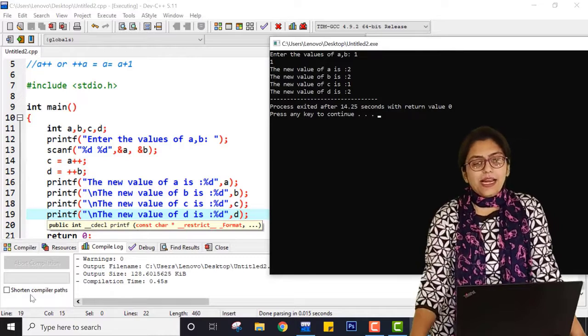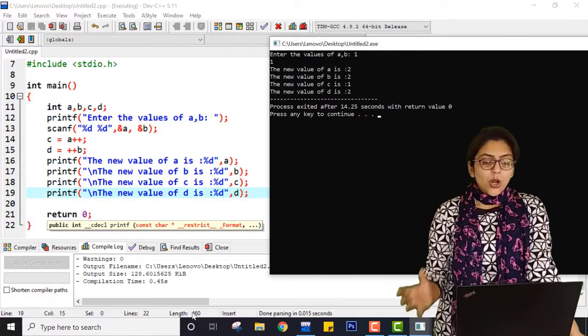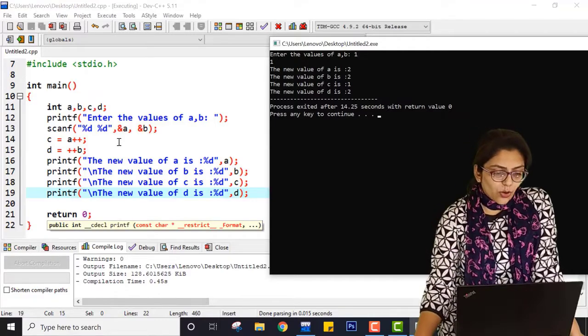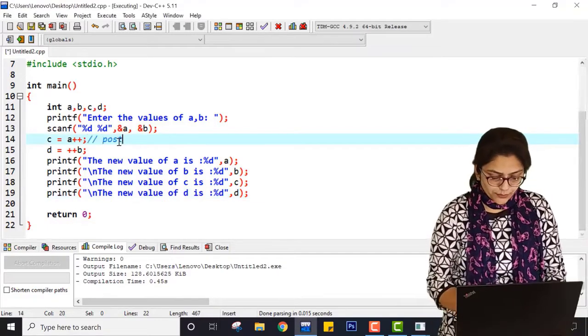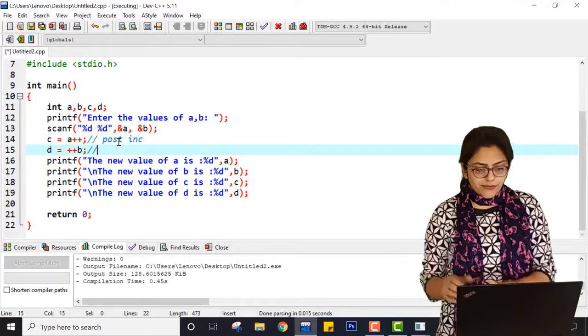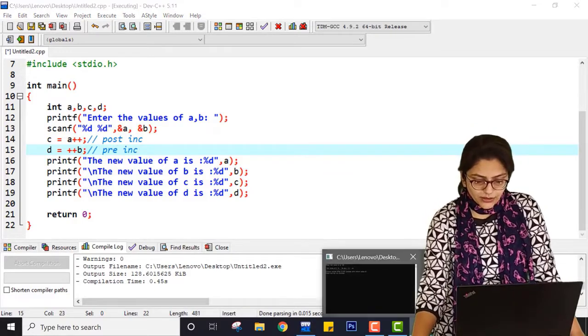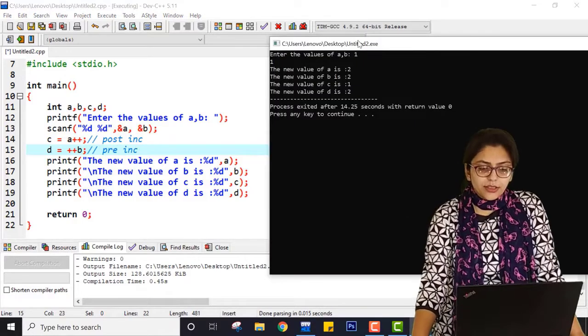So here I am explaining the difference, what exactly is happening. This is called post increment because the operator is after the variable. This is called pre increment. And this is the output I am getting for it.